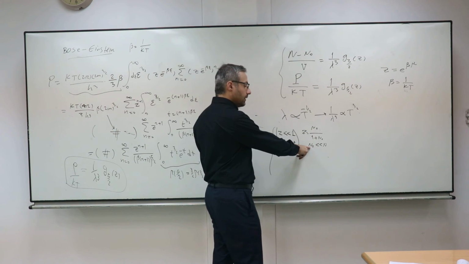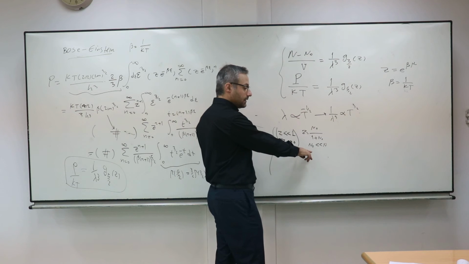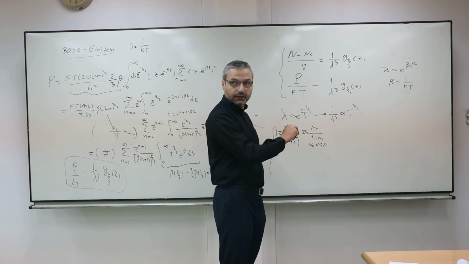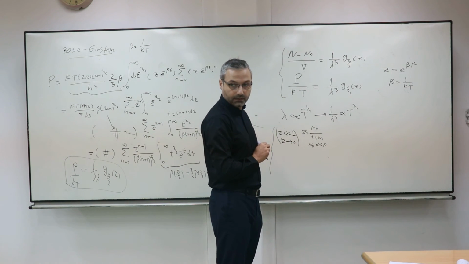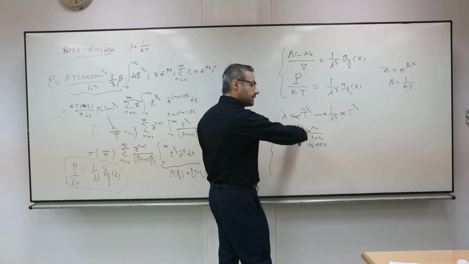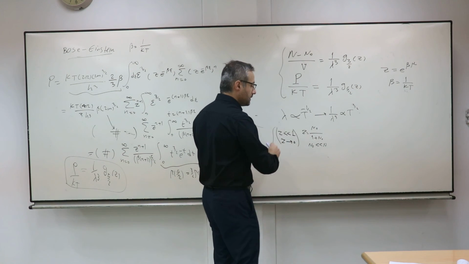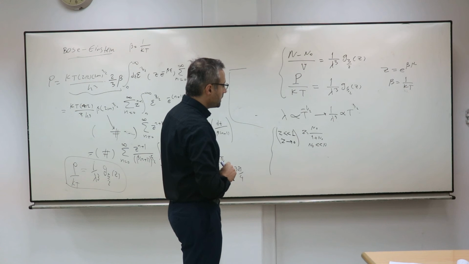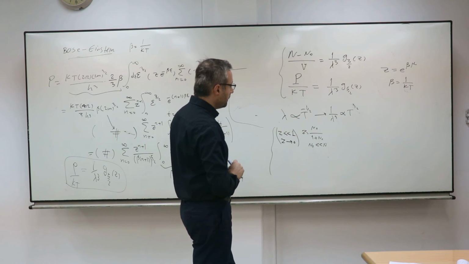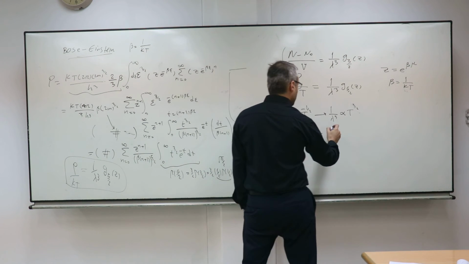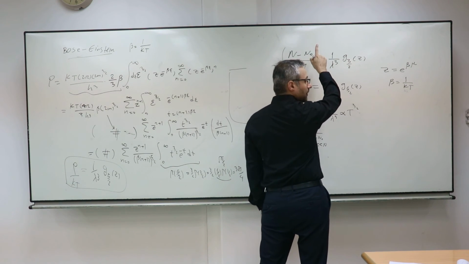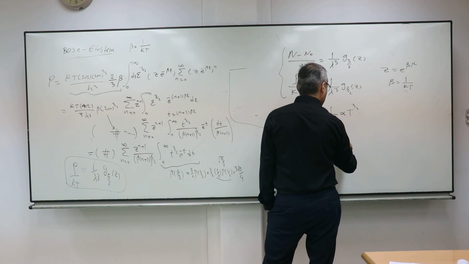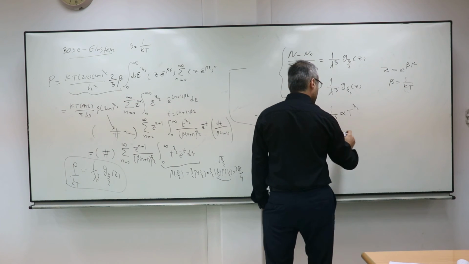The normal case is that the number of particles sitting in the ground state is always lower than the total number. The critical case is when the situation reverses. In the normal case, when z is very much smaller than 1 and N0 is a very tiny number, I can forget about N0. So N over V will be approximately